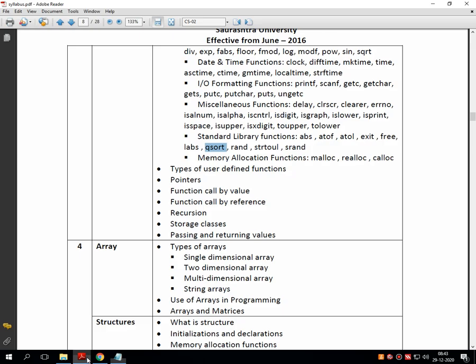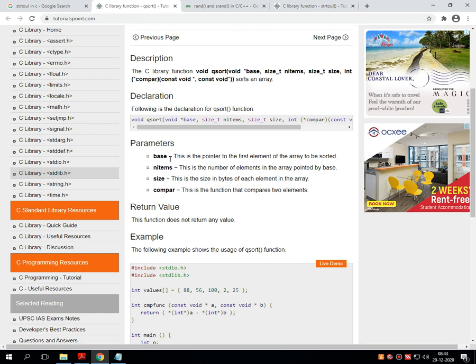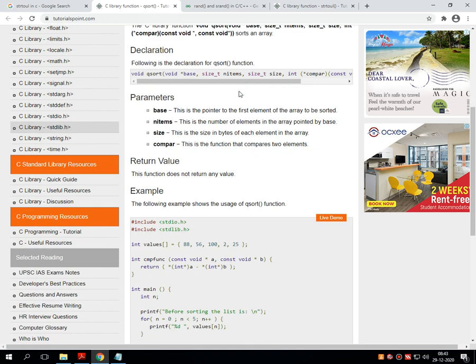This can be easily done in C by just using the function called QSort. I know in our field there are various other types of sorting techniques, which we are going to discuss in semester number 2, but this is the generalized technique used by programming in C, that can be easily done using the function called QSort, where in this function,